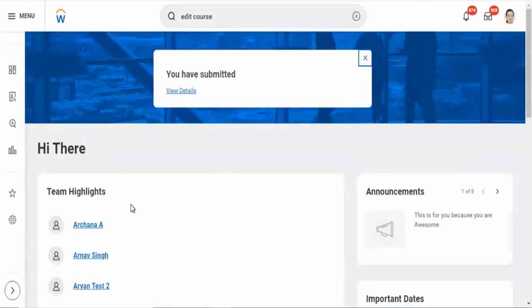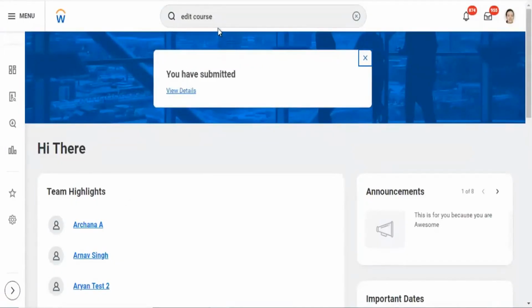That's the waitlist capacity, which you're interested to look into. That is one of the things that we can go edit in the course if we want.